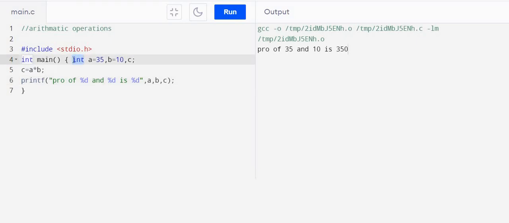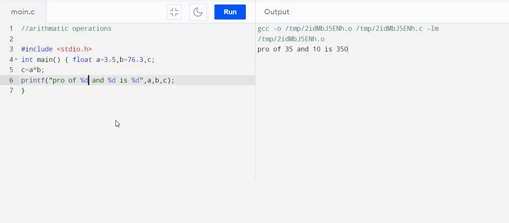So instead of integers, suppose we define float. Float A is equal to, say, suppose 3.5, comma B is equal to, say, 76.3, and suppose C is also float, and you want, suppose, C is equal to A cross B, multiplication of this.